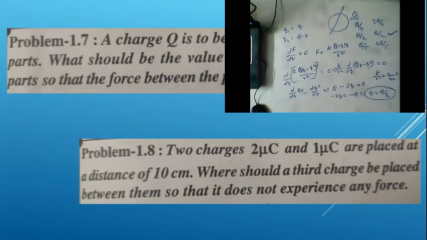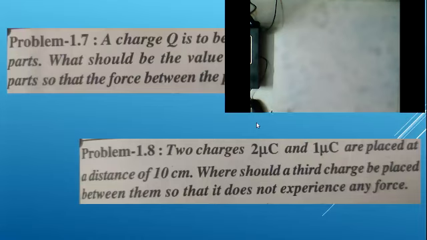Sir, for this is such a big process necessary? Yes, Nana. See, blindly we can tell Q by 2 and Q by 2, but if anyone asks how it is, then we can show this method. When they see the method, they will simply be silent. Okay, they won't ask. So in this way, if we divide, we will get the maximum electric force. Okay, hope you understood.